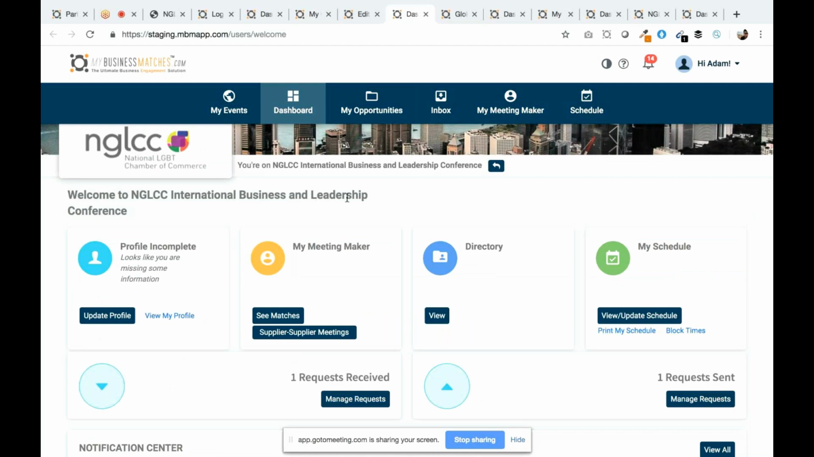Besides that, the main dashboard is going to be the location where you see your matches in the system, whether it's from buyer to supplier or supplier to supplier. That's going to be designated under this box over here. The See Matches section is going to be buyer supplier, and of course supplier supplier is going to be located here. So I'm going to click on supplier supplier, and it's going to take me to the supplier supplier matching